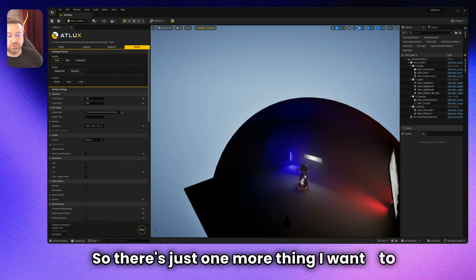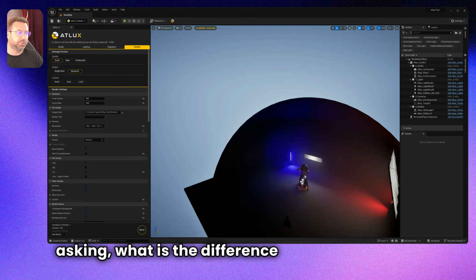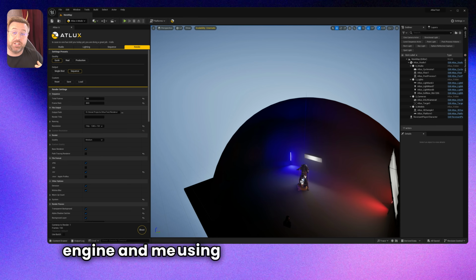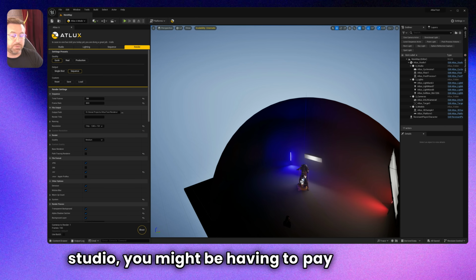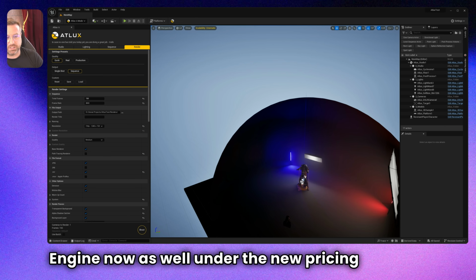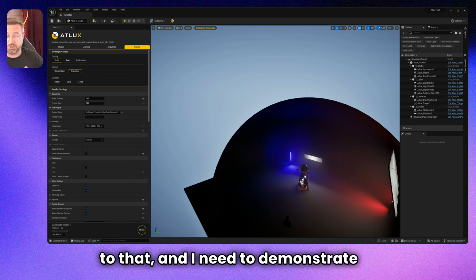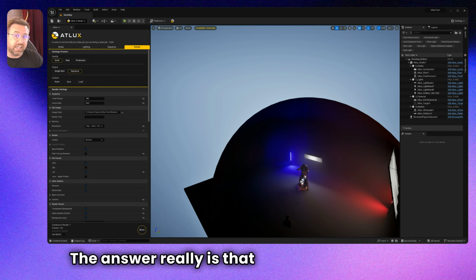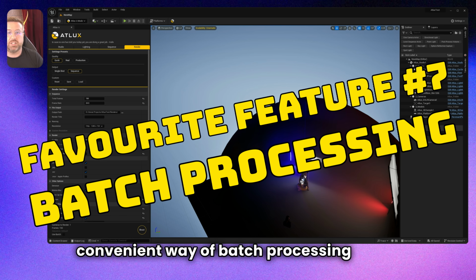So there's just one more thing I want to show you, because at this point you may be asking, what is the difference between me using Unreal Engine and me using Unreal Engine with Atlux, particularly when you have to pay for Atlux? And for many people, if you're working in a studio, you might be having to pay for Unreal Engine now as well under the new pricing scheme. Well, for me, there is a simple answer to that, and I need to demonstrate to you one of the features that it has. The answer really is that this is a much more convenient way of batch processing lots